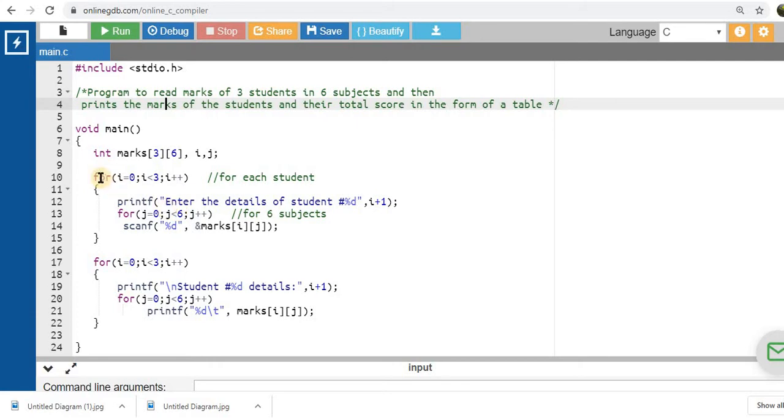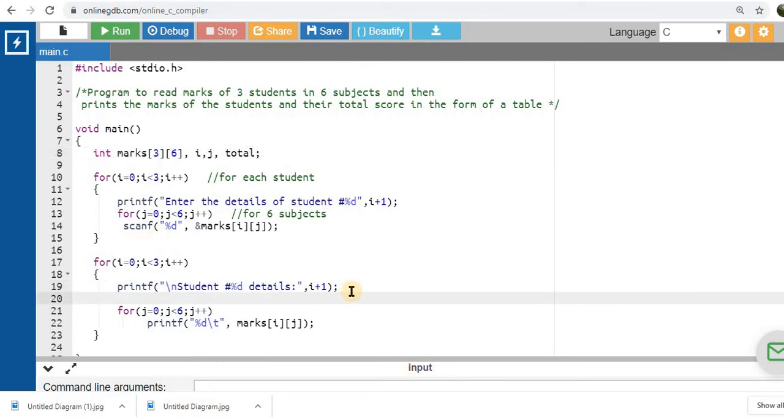Most of the things remain the same in the previous program. For instance, the way in which we read the marks of the students and then the way in which we print the marks of the students. Some additions to this program are, we have to add a variable called total, which is going to compute the total marks of the student.